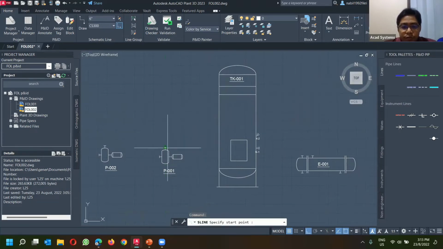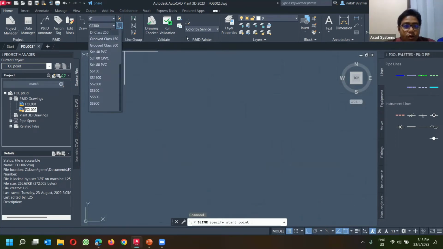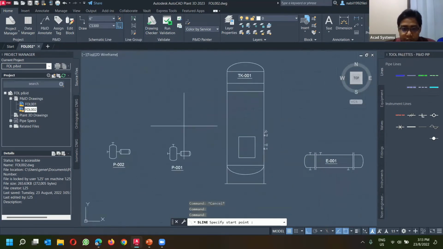Now, before I input these lines, I can go into the schematic line over here, and over here I can specify my pipe size. So currently it is set to 6 inch. If I want a different size, I can just click over here, and it will select that size. So for now, I'm gonna go with 6 inch, and I can also specify my spec. If I drop down, I have several other specs from here. I'm just gonna go with the default 300 CS300s,